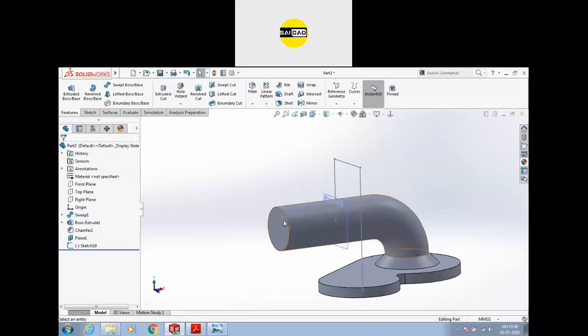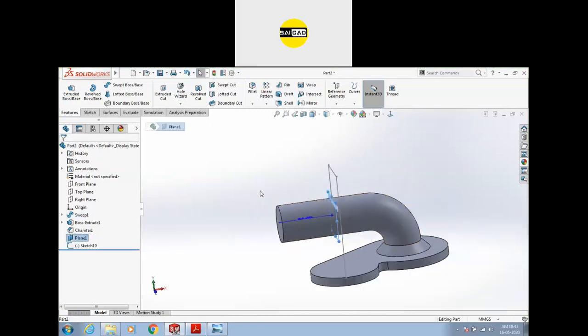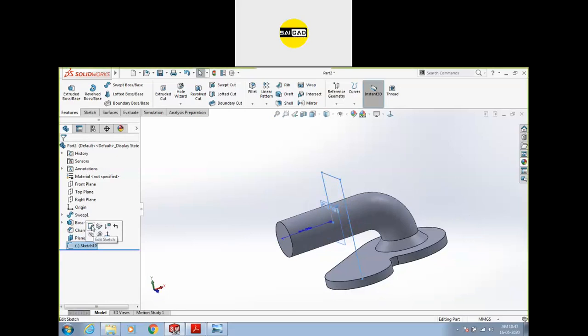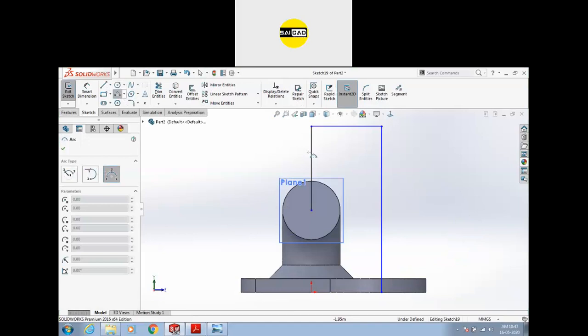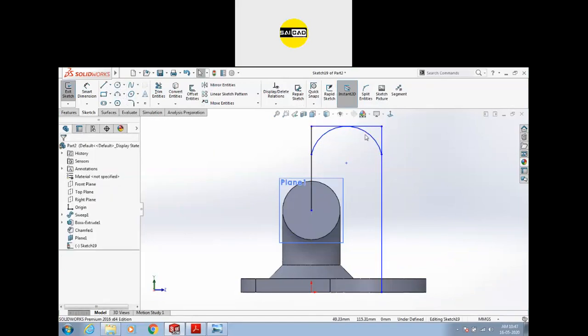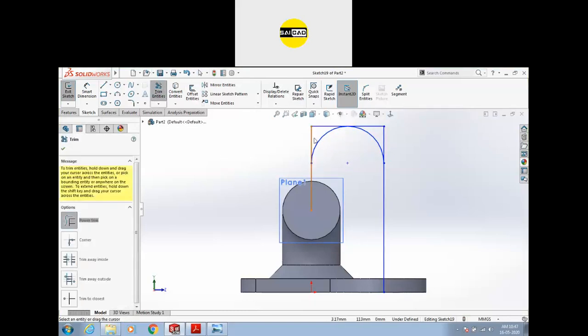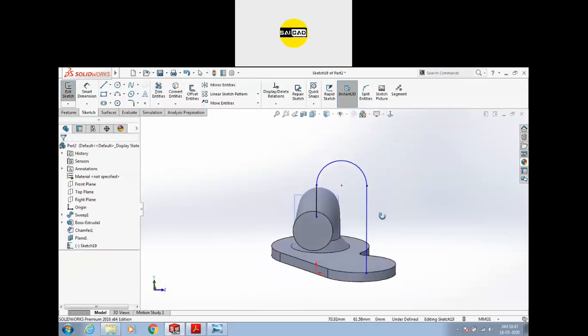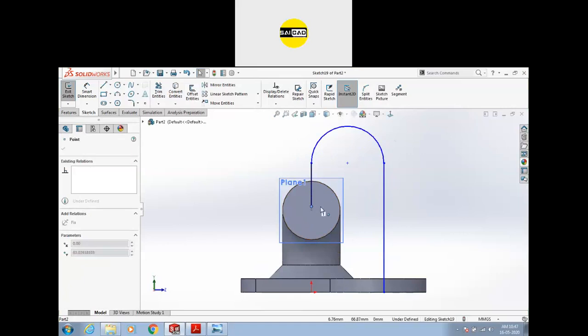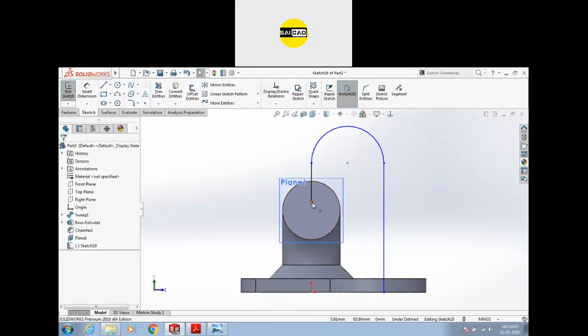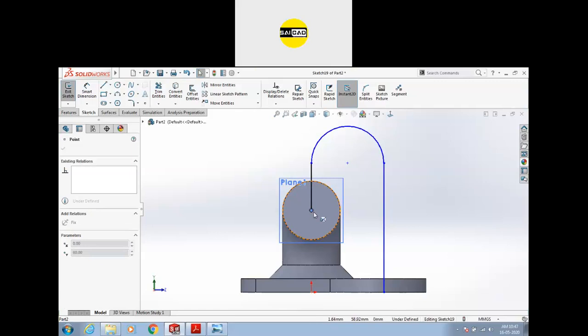So I have selected the plane, selected the space and defined a value of 64.2, and we have the plane here. Now I need to create a sketch. We need to create like that, and we need to trim out. So now you can see that we have some shapes. Our object is not fixed, so going to cross this entity and we have the center.